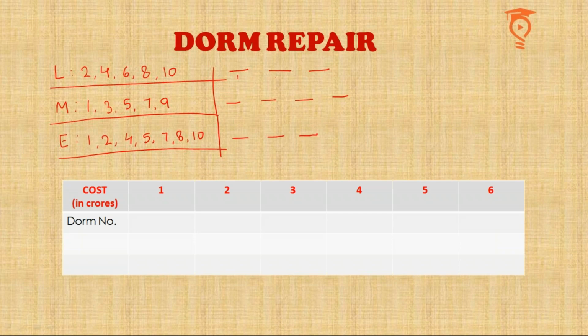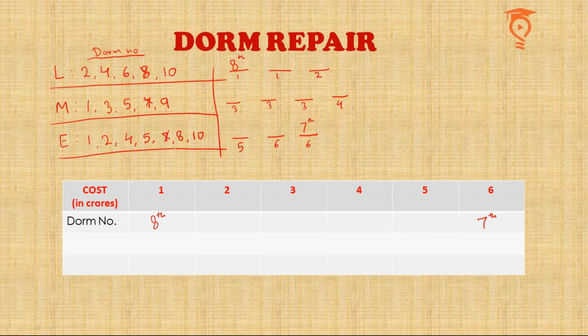So 1 crore, 1 crore, and 2 crores. Then there are 3 DOMs which need 3 crore repairs each, and one with 4 crore repairs. 2 DOMs in extensive which need 6 crore each, and one with 5 crore. Alright, then a very important, easy piece of information given to us, that DOM 7 needs the maximum and DOM 8 needs the minimum. I would write DOM number 8 needing the minimum cost, which is 1 crore, and DOM number 7 needing the maximum, 8 over here. Fine, and I have to strike out 7 and 8 from the list everywhere.